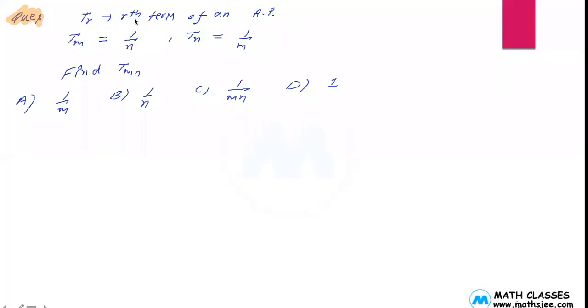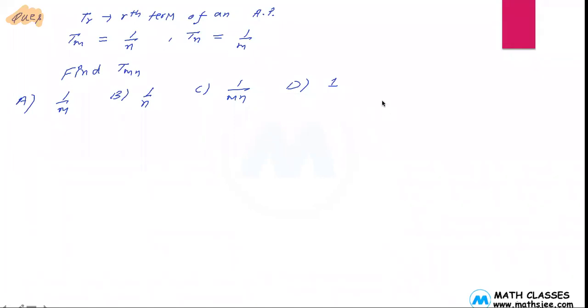So Tr is our term. This is M, this is N. So the nth term is equal to 1 by (M into N). For example, M equals 1, N equals 3. So 3 into 2, 6. So you have to find the sixth term, right? So this means that